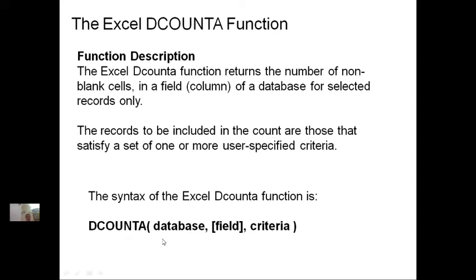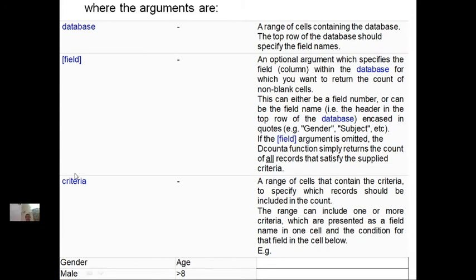DCOUNTA, open bracket, database, comma, field, comma, criteria. Now let us go to the next slide. This slide explains the arguments in the syntax. What is the database? A range of cells containing the database. Then field, the optional argument which specifies the field within the database for which you want to return the count of non-blank cells. Then criteria, a range of cells that contains the criteria to specify which record should be included